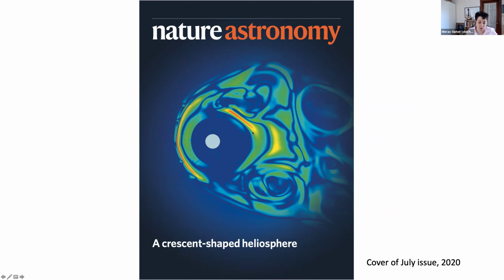It's like a crescent or a croissant, I like. So it's thin in the nose and a little thicker towards the northern and southern, but toward the tail, it does not have that much of a difference in thickness than towards the nose. It's a little thicker, but it's not thousands of AU. And this is because the heliosheath flow gets funneled by the solar magnetic field. So it's an interesting story: even though the solar magnetic field is not the dominant character in this physics, because the thermal pressure is much more important,